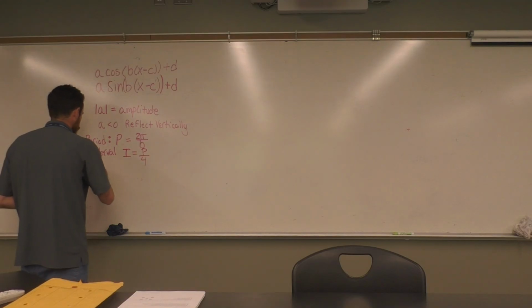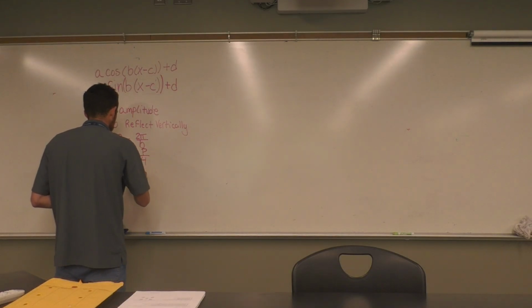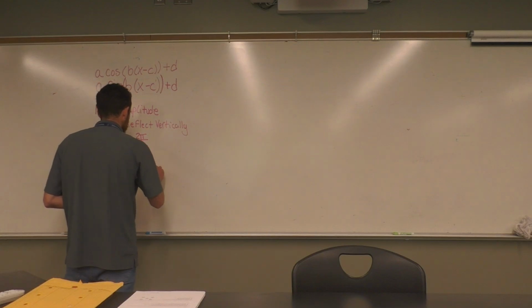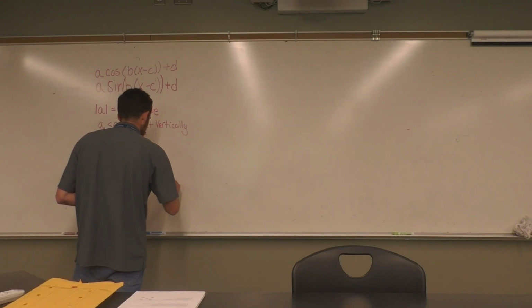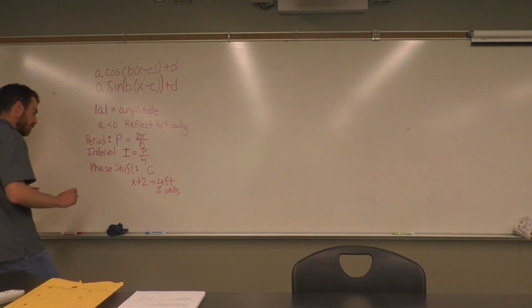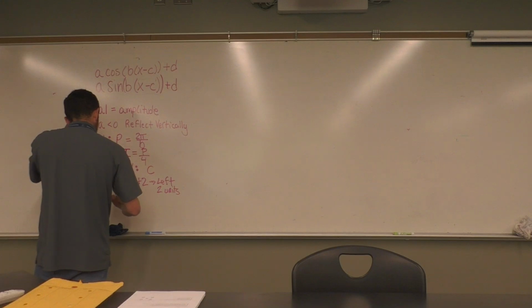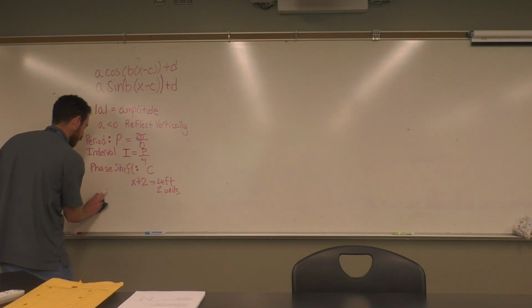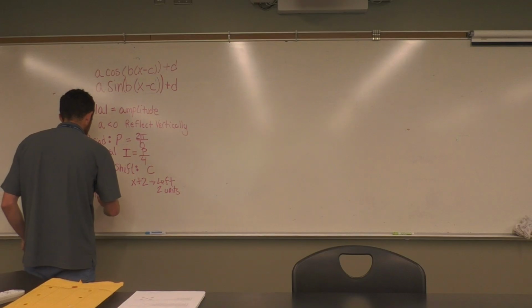So then the phase shift, the way I've defined it is C. But I'll just give an example. X plus 2 would mean we move the graph left 2 units. Why not? Let's do a formula for the min and max. Oh, well, we also need the center line. That'll make more sense. The center or midline